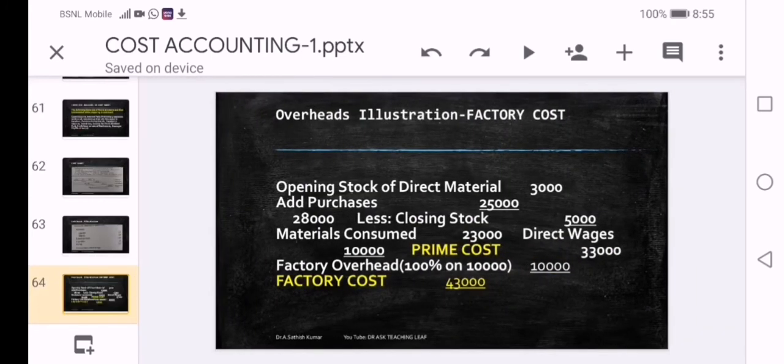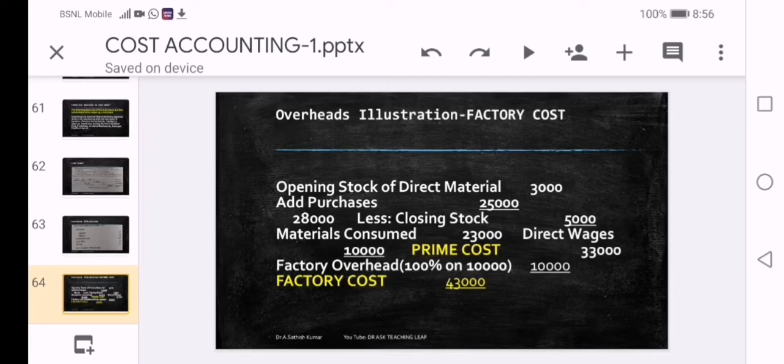Now here also some zigzag appearance is there, just to understand. First take two columns, particulars and rupees. You know very well, the very first item to be taken is materials. So opening stock of materials given in the problem is 3,000, to which you have to add purchases, that was explained in the cost sheet. If any expenditure related to purchase is there, that also we have to add here, but in the problem there is no expenditure related to purchases. So opening stock of material plus purchases 25,000, then you will get 28,000 total.